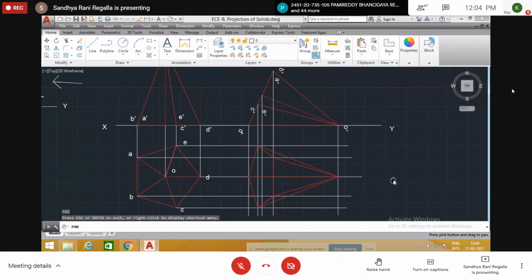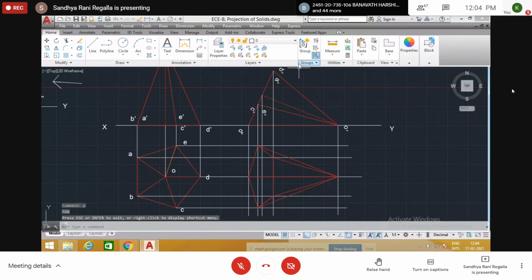Now see, when you see from top, which are visible? B, A, C, E all are visible. But this OD, this last line, is not visible when you see from top. OD. So we keep that OD here.